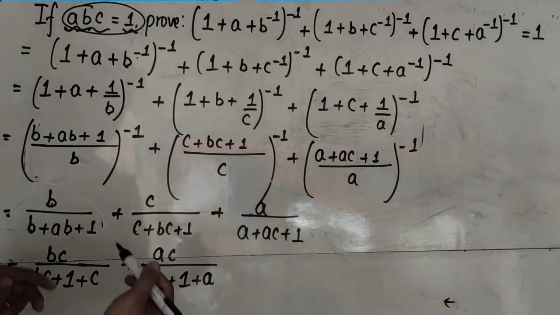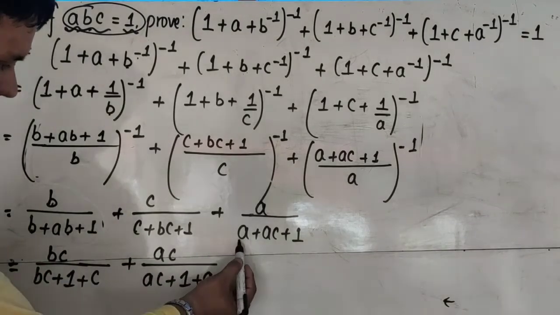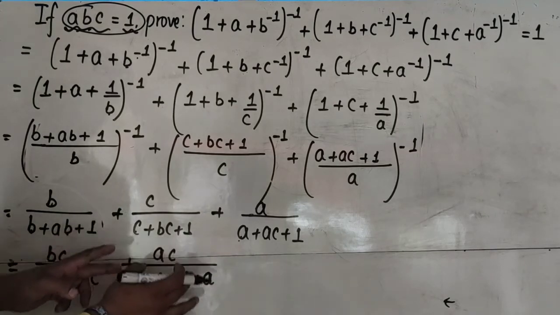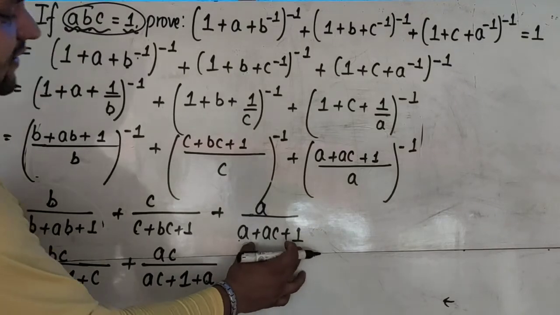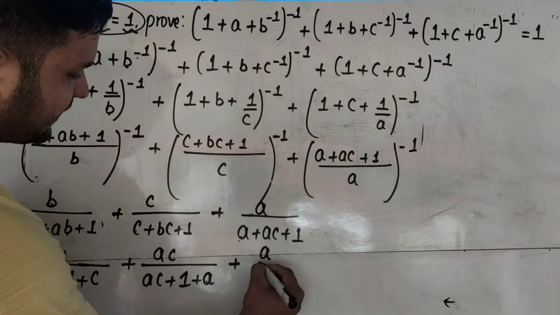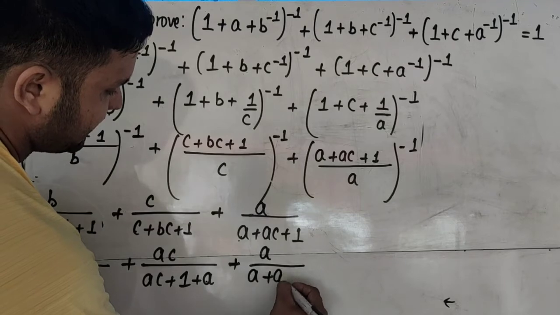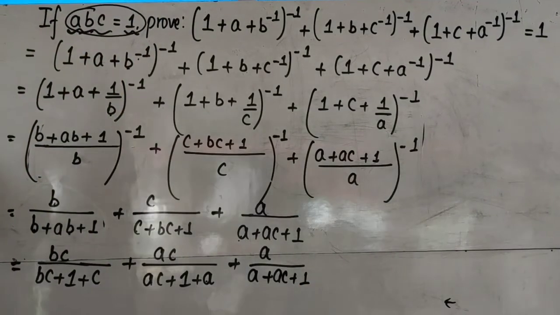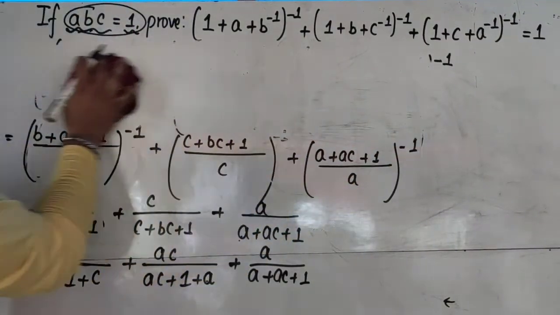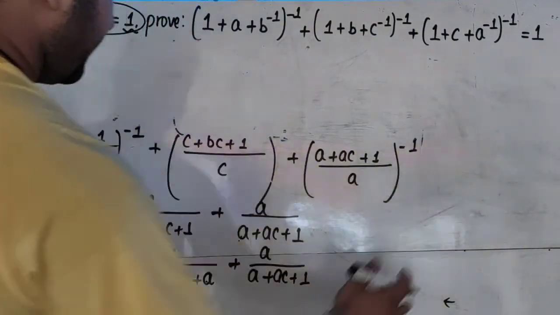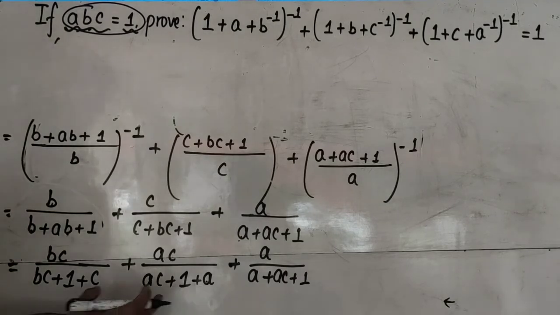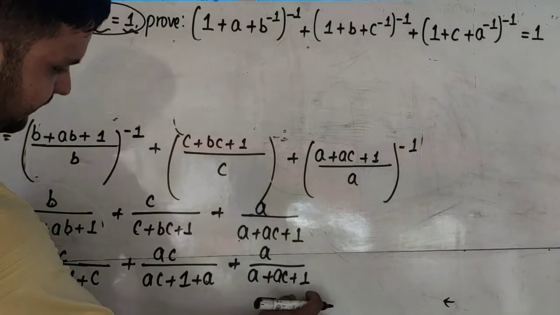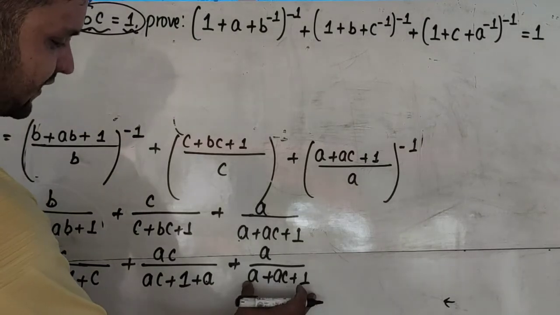Now when I look here more clearly, I can see the denominators being the same: plus A is here and plus 1. Since the denominator here and the denominator here are the same, we will not change the third term. I will keep the third term the same: 1 plus A plus AC. Let me go up here. When you compare the terms now, the denominators here and here are the same. This was the reason why I didn't change the third term.